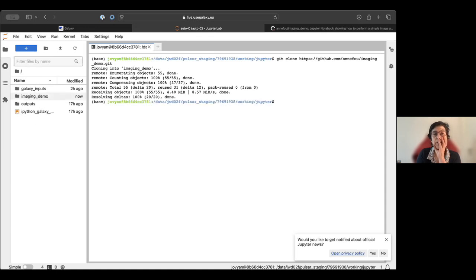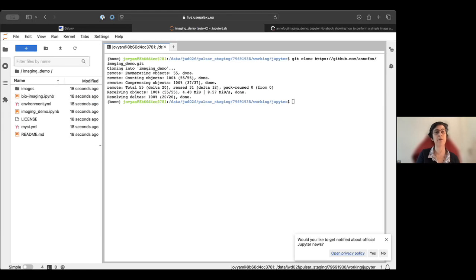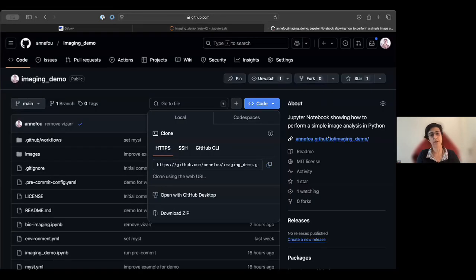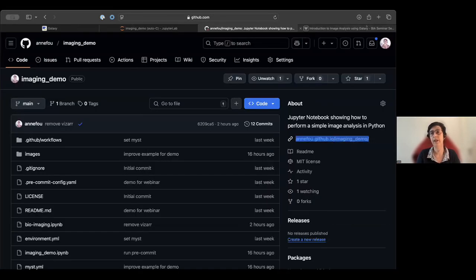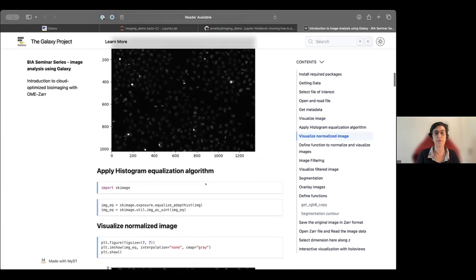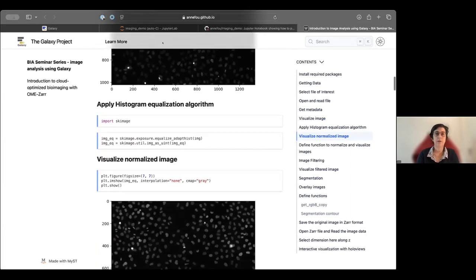And I see my new repository. So here, everything I have done maybe on a previous Jupyter Lab, or maybe even locally, on either a Galaxy instance or any Jupyter Lab, I can reuse here. In this folder, I prepared 2 Jupyter notebooks, but I will show only one. And you also have the rendered version here. If you click here, you can follow the Jupyter notebook without having to execute it.